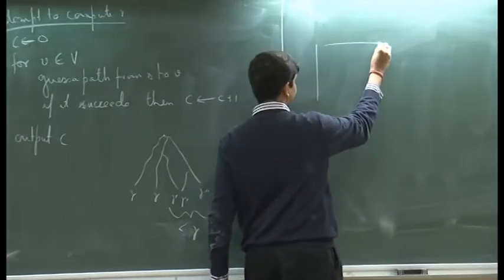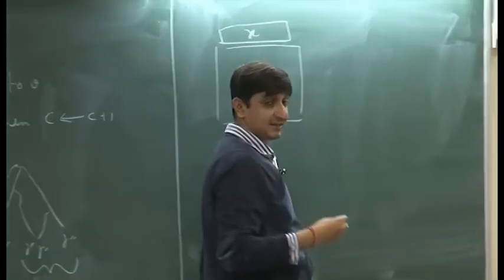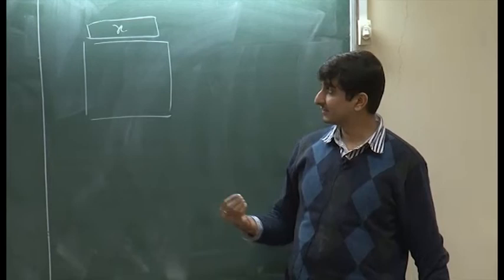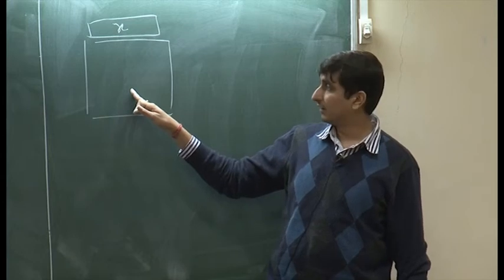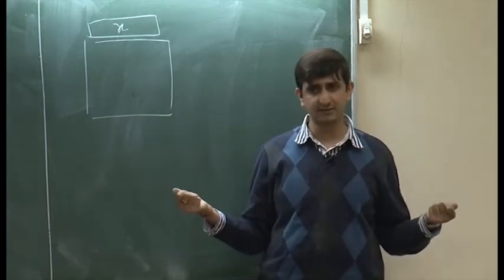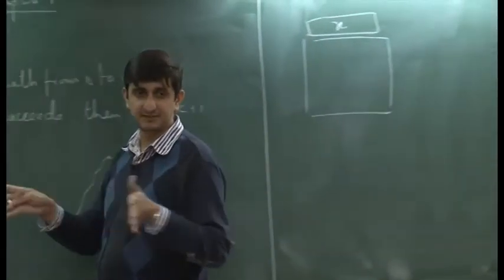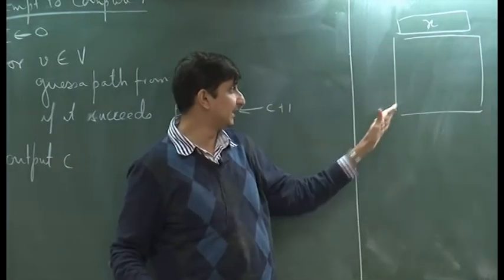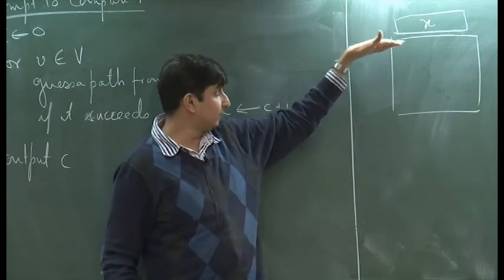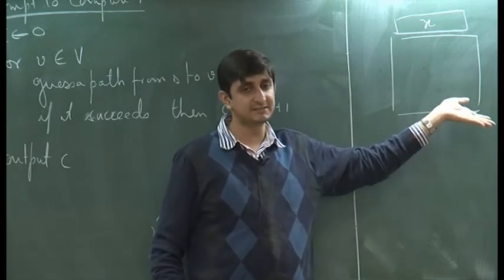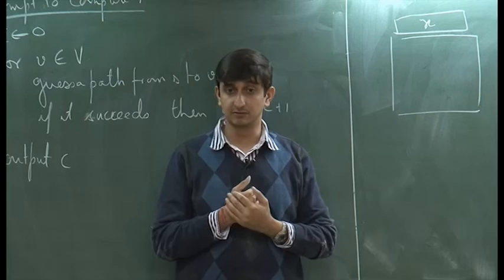So, suppose you have a machine M which is given a string x. The question is how do you answer yes? You answer yes if, at the end of its computation, it can be at many different configurations, because since it is non-deterministic, it branches away. Let us assume that M is a halting machine, so M always halts on x. Therefore, when it halts, it can be at many different configurations at the same time. Is that the case in these algorithms? It is the case in these algorithms.